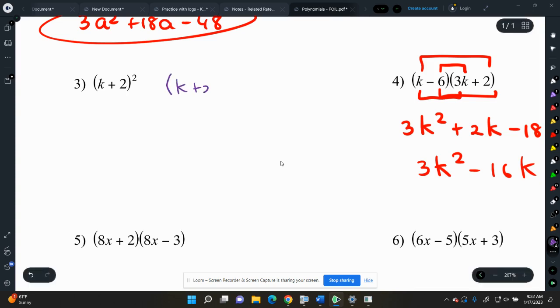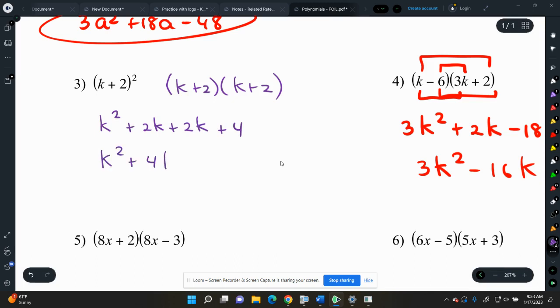K plus 2 times k plus 2. Right, we're multiplying it by itself. So when we do that, we're actually going to get a different answer, right? So this is going to give us k squared plus 2k plus 2k plus 4,